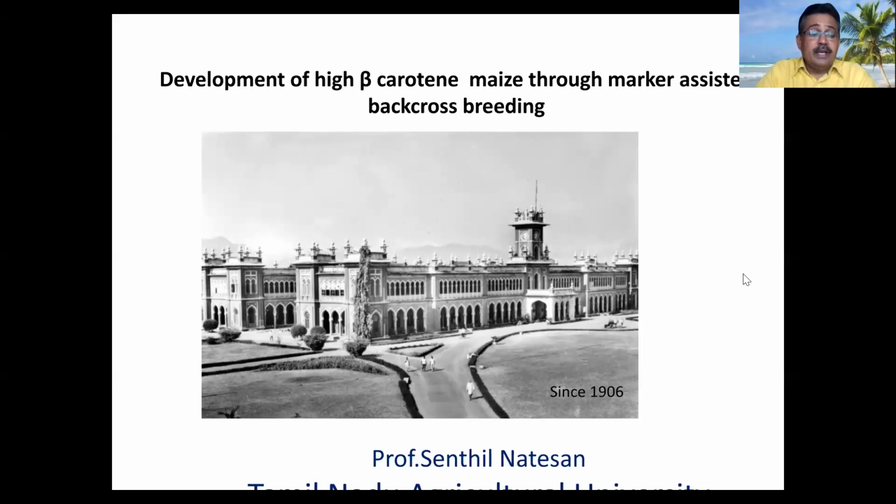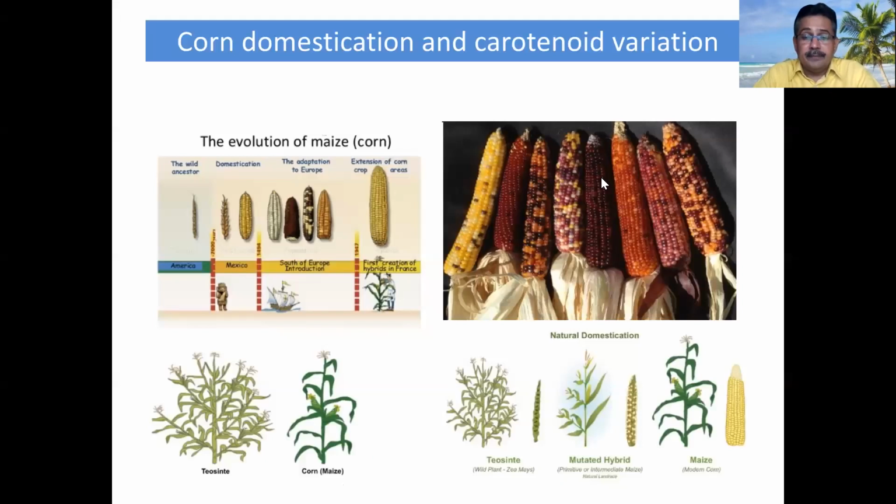The backcross breeding, you have already known about while studying your breeding concepts. Many of you know how backcross breeding is done. Now the question is how to apply the markers and how to transfer the desirable trait into an elite background. For that, marker-assisted breeding is one of the important concepts. People are now working on many crops. Maize is also one of the crops in which people regularly practice marker-assisted breeding.